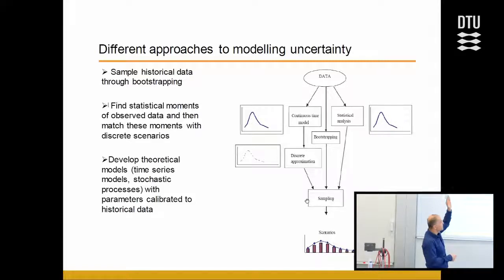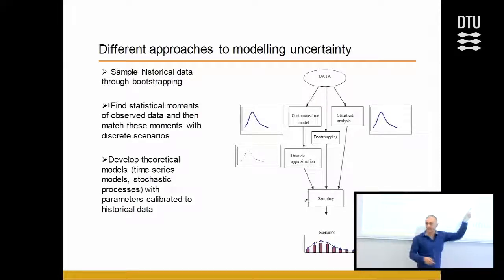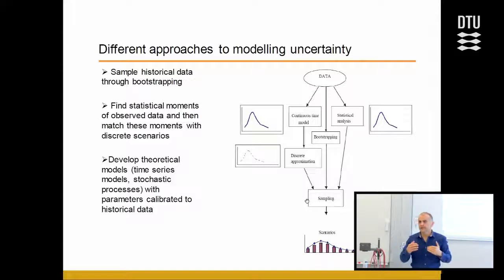So you either do things like bootstrapping, directly sampling from data and generating some scenarios, or you can do something more advanced. That could be that you're looking into some statistical properties of data. There is a method called moment matching. I'm going to give you the links to that. Moment matching is a very popular way of scenario generation, where the idea essentially is that you look into historical